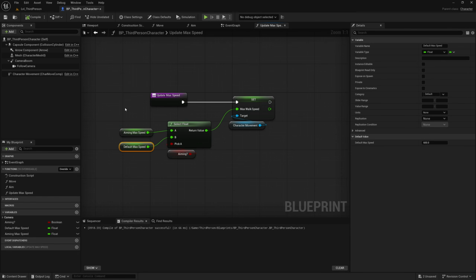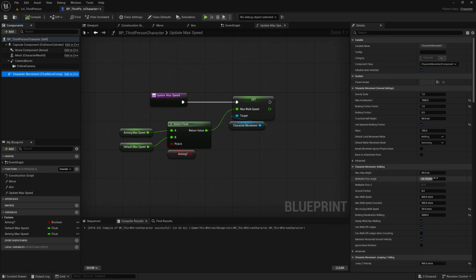this right here. And if we compile here, we can check the default values here are whatever we put in the boxes here before we promoted them to a variable. So default max speed is 600 and aiming max speed is 150. So I'll show you how to set this up so that you will only need to change this right here in the default value of this variable, and you won't have to worry about whatever's in here in the character